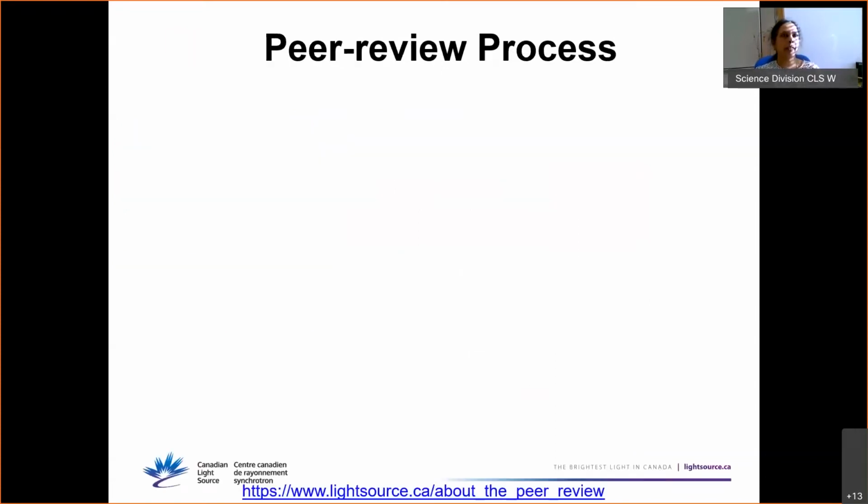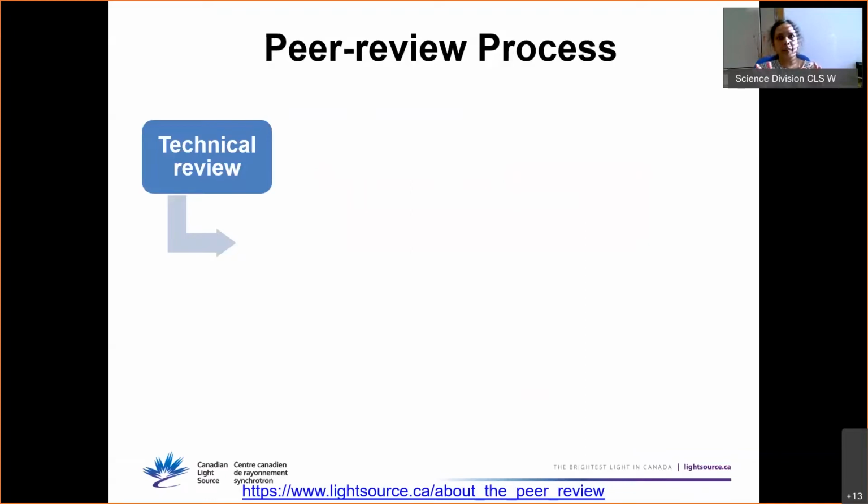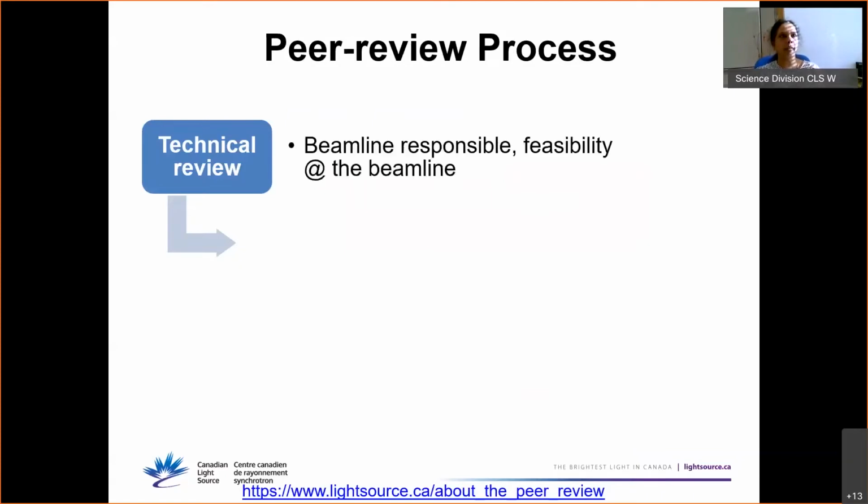So what happens in the peer review process is, once you submit the proposal, first it goes through the beamline responsible. So we have different beamlines, and the beamline responsible looks at it and says, this is the beamline where you have to run the samples for that scientific question, and it is suitable to be run in the beamline. It's just like a yes or no type of checkbox.